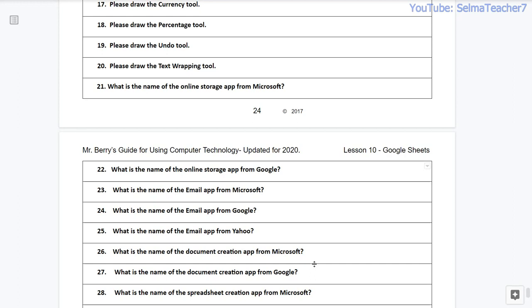What is the name of the email app from Microsoft? Question number 24. What is the name of the email app from Google? Question number 25. What is the name of the email app from Yahoo?